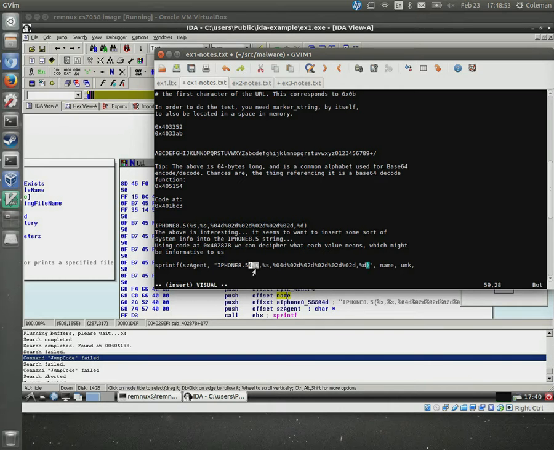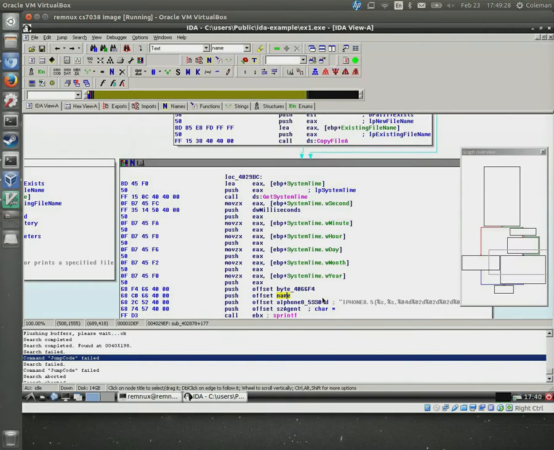So bad guys, if they've sent this backdoor out to a whole bunch of different systems, they can now have those systems check in and give the bad guys a list of when they checked in, so what times they checked in, and also what the system name was. In this case, this right here tells system name, which then can allow the bad guys who may have blasted this out to like 1,000 different people, enable them to narrow down to the 2 or 3 interesting people on that list. So that's a reason why they're doing this,